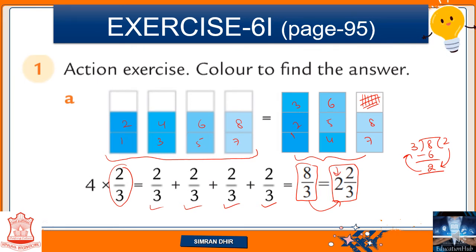That means 2 whole strips we have colored. And out of the last strip, there were a total of 3 spaces, 1, 2, 3, and how many have we colored out of them? 2, that is 1 and 2, and we haven't colored the last strip. So this is the meaning of 2 by 3. That means 2 whole strips and 2 parts from 3 parts from the last strip. I hope this is clear to you.